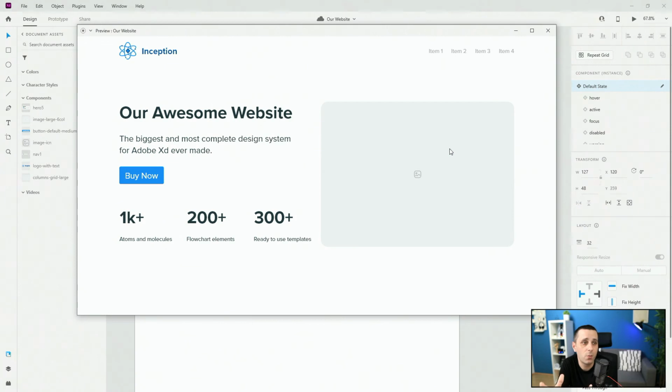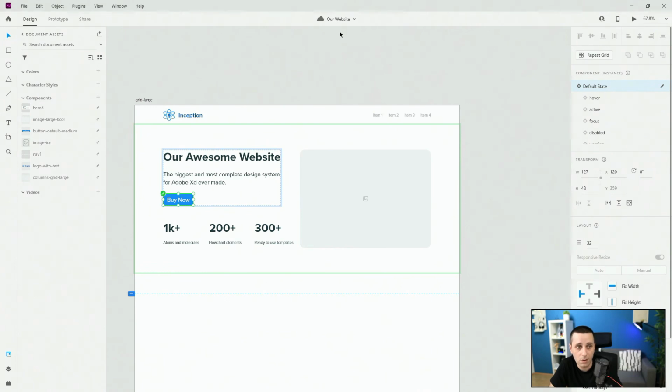So for example, if somebody has worked on another project and has to go back to this project in 2 days' time, they can simply hit update and see every single update that all of the members of the team have made. If you're working alone, perhaps this is not really that useful for you, but if you're working as part of a team, inside of an agency with multiple designers, this is really crucial, because all of you inside of that team can keep track of what everybody else has done. So that's how simple this is to work with libraries, with cloud documents, make these changes, track these changes,